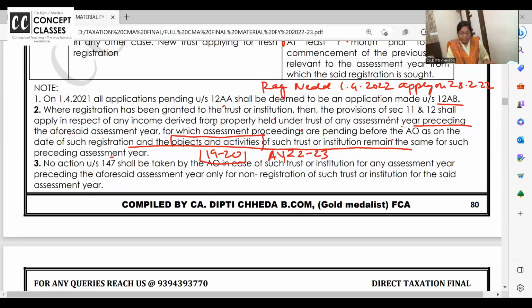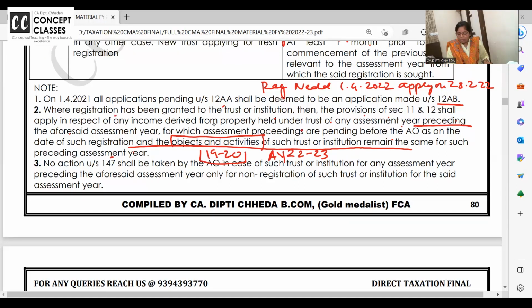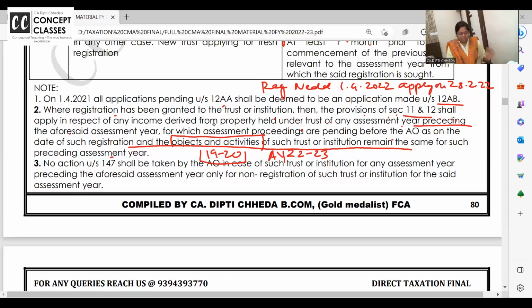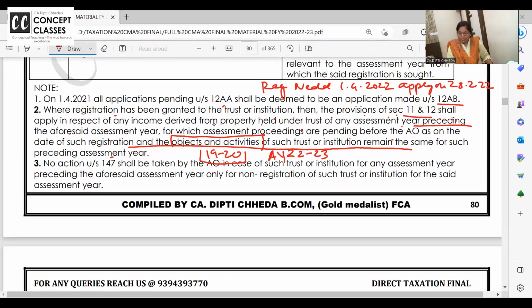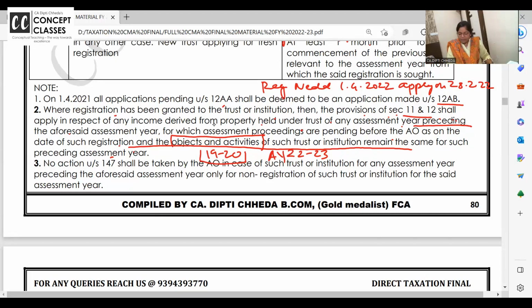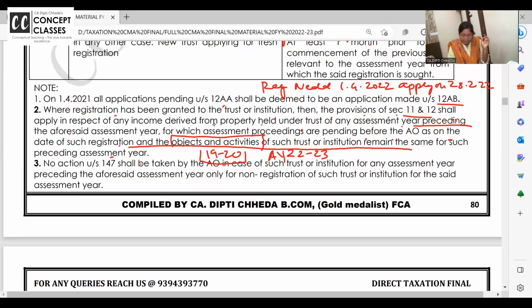Once again, where registration has been granted to a trust, the provisions of 11 and 12 shall apply. What is 11 and 12? Exemption will apply for all the property income for which assessment proceedings are pending before the AO as on the date of registration, and objects of activities of the trust remain the same. No action